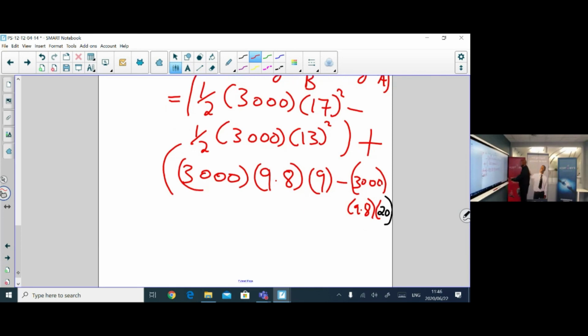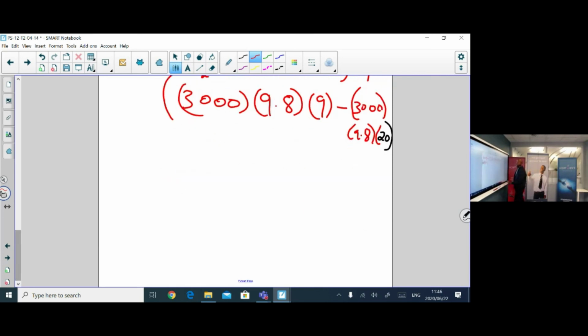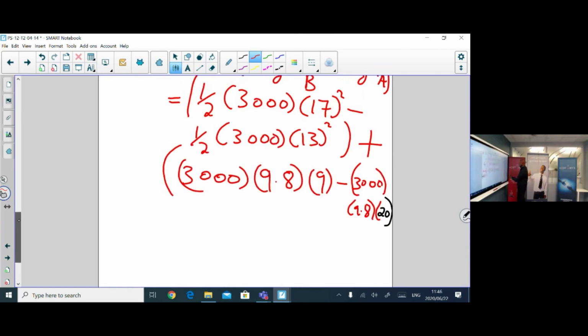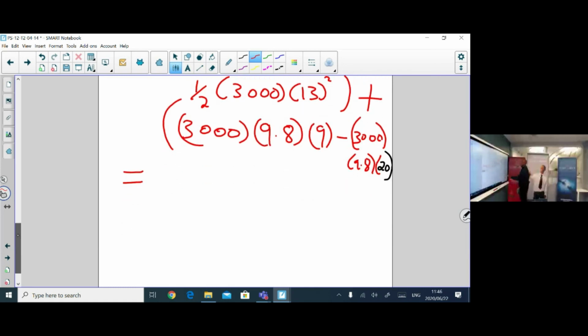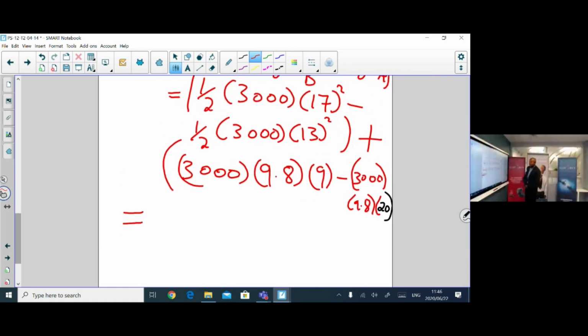Okay, this is very, very important. You have to keep on checking whether you are substituting the right thing or not. Which is equal to, let us look at it. I need you to use your calculator. One divided by 2 multiplied by 3,000 multiplied by 17 squared, which is